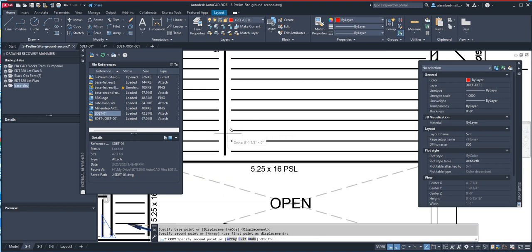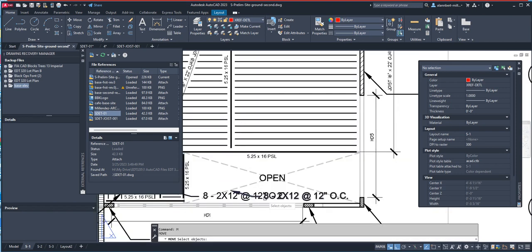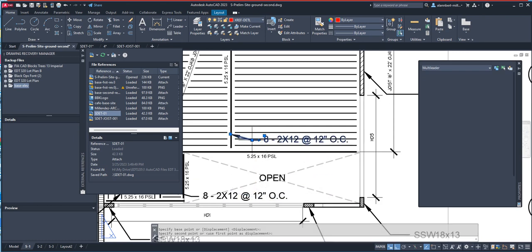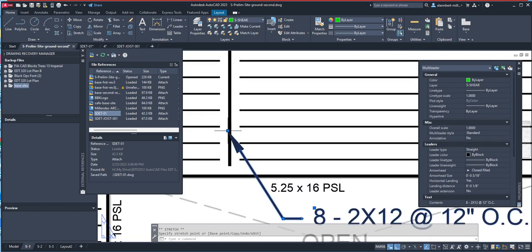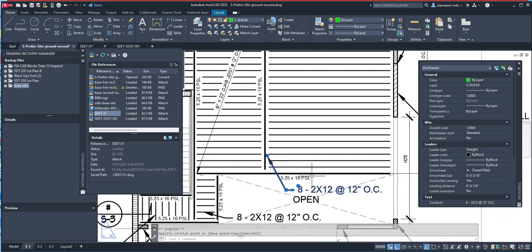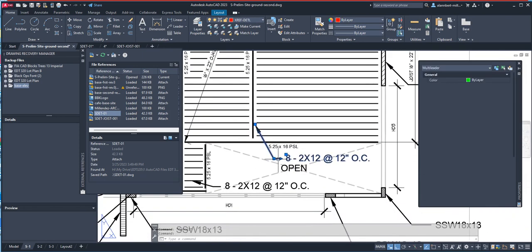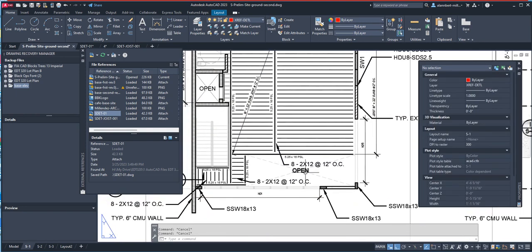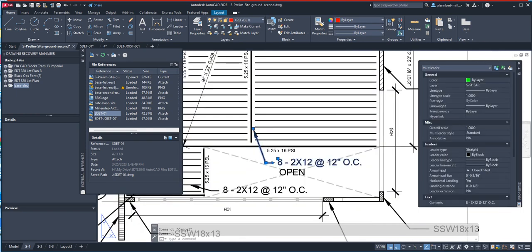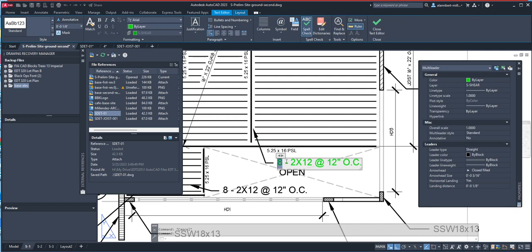Whoop, pull that down, pull this like this, pull this out clear here, and you may say typical